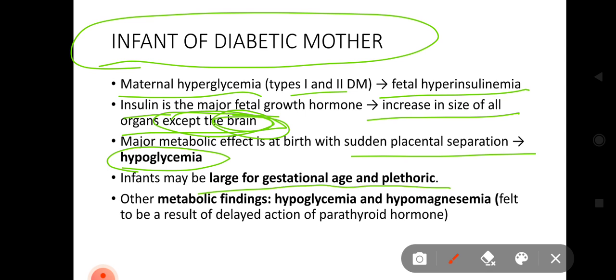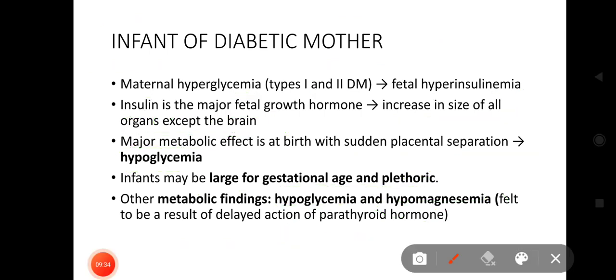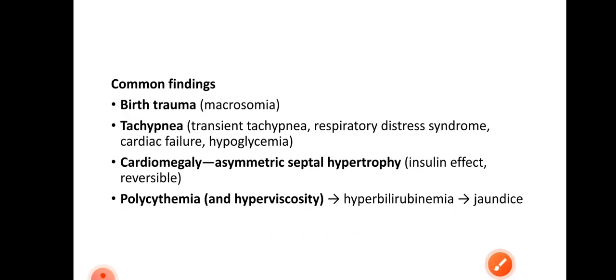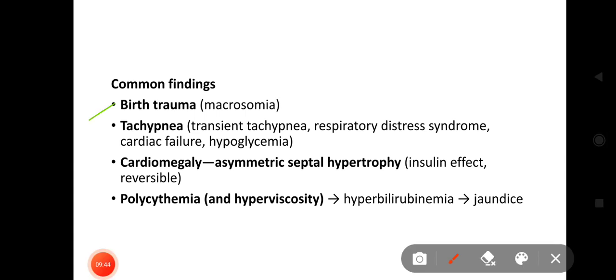Other metabolic findings which can be seen in infants of diabetic mothers are hypocalcemia and hypomagnesemia. So calcium and magnesium levels are to be sent, and felt to be a result of delayed action of parathyroid hormone. So this can be asked in MCQ, that metabolic findings like hypomagnesemia seen in infant of diabetic mother are due to delayed action of parathyroid hormone. Now common findings: birth trauma can be seen because macrosomia is there, a large-size baby,